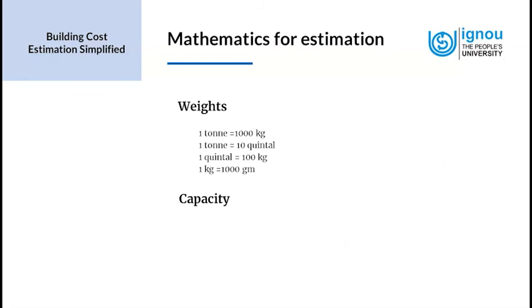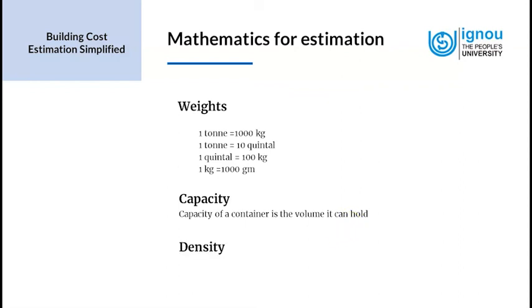Now we look at what the capacity of a container is. When we mention capacity, what we mean is the volume that it can hold. So for example, a jug can have a capacity to hold 250 ml of water, and then we say that the jug has a capacity of 250 ml. Similarly, we express the capacity of a water tank in terms of how much volume of liquid it can hold.